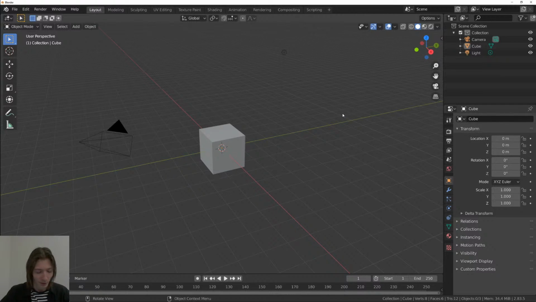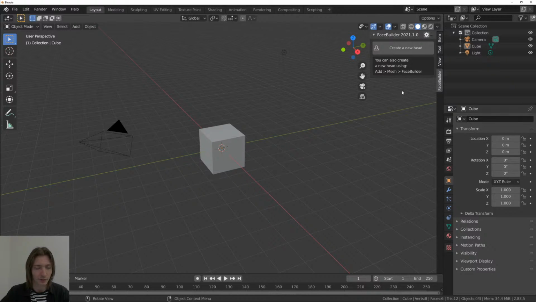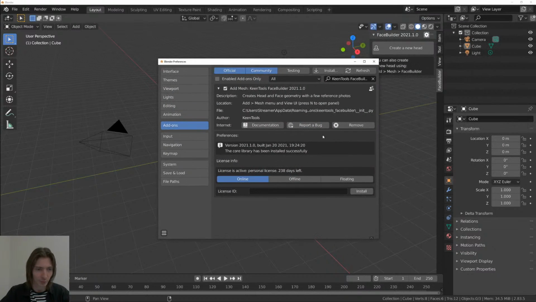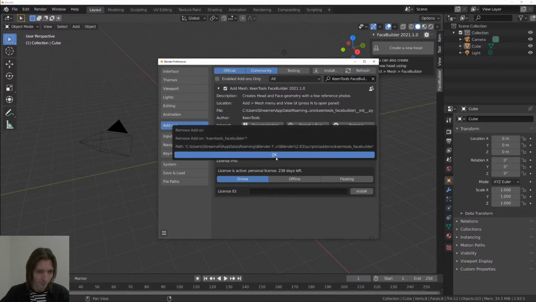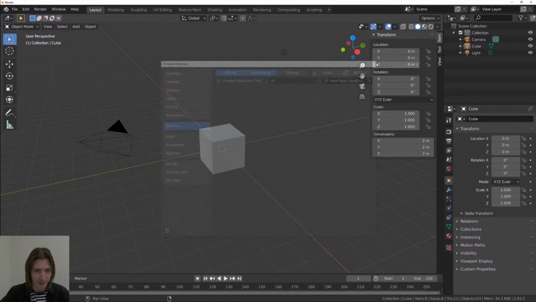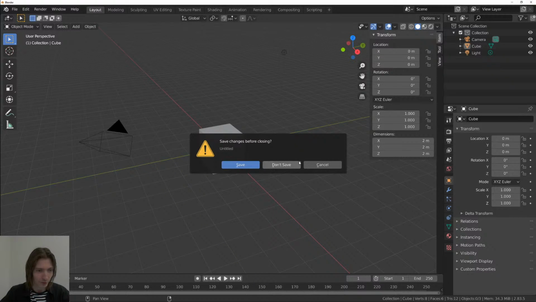let's see. The first and most important thing that is still an issue, kind of. So we are going to fix this, I think, in future. But at this point in time, whether you want to update the add-on, you need to remove it first. So you go to settings. You can press this button here, this gear icon, and then you remove the add-on. And then you need to relaunch Blender. So you close it, you start it again,